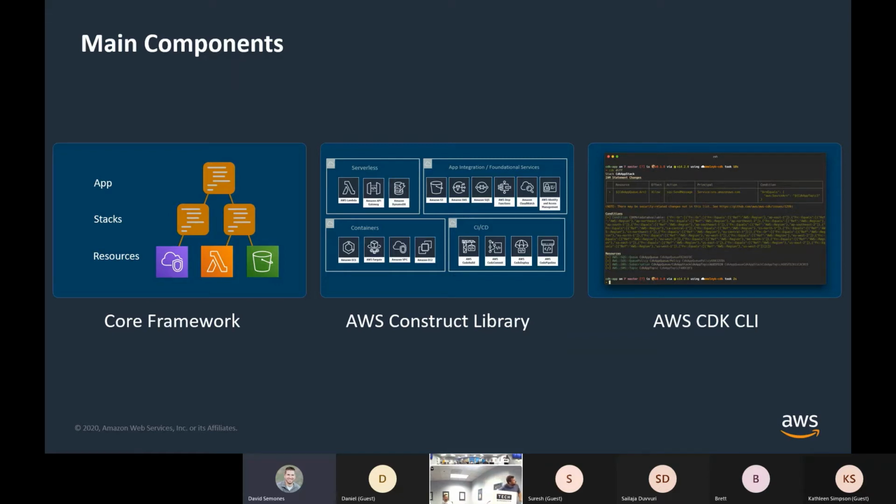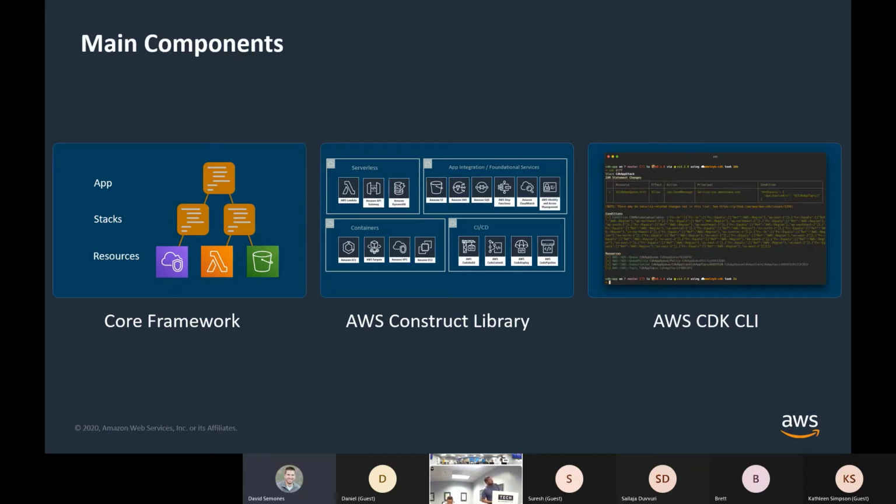Here, the screen is very small and that one's very far away, and neither one of them is great. Yeah, that's showing some container-based stuff. We have some serverless, API Gateway in the middle, Lambda on the left, DynamoDB. Each of those is a collection of constructs associated with it. API Gateway will have your REST API, HTTP API, and the WebSocket API. For containers, you'll have ECR, there'll be one for ECS, et cetera.